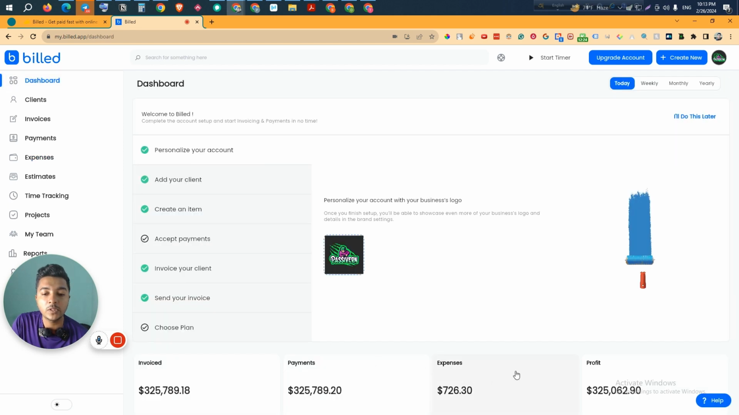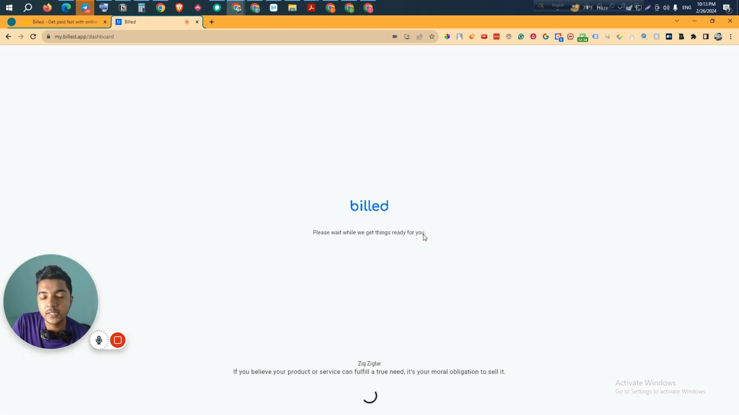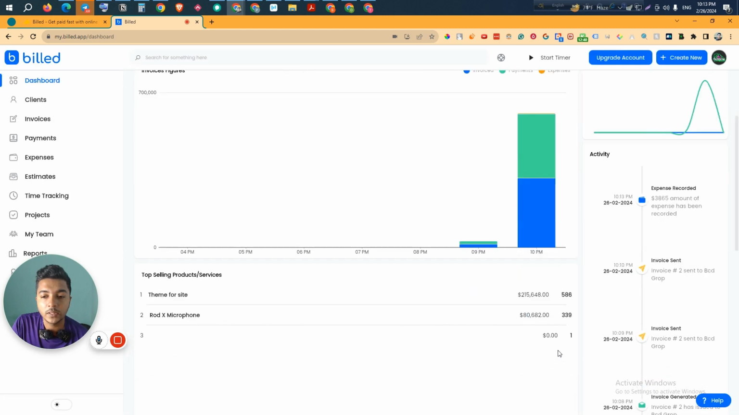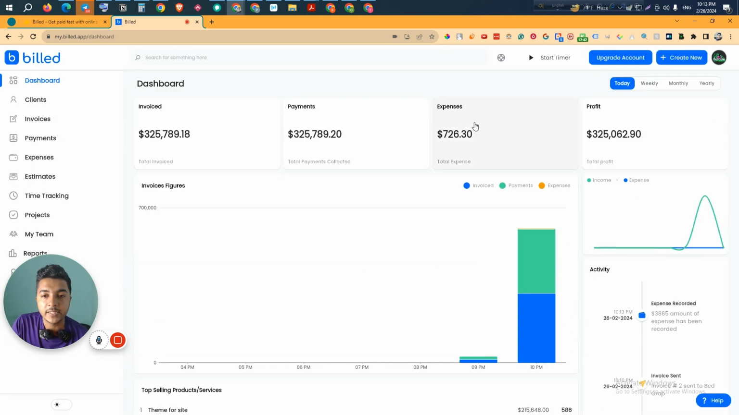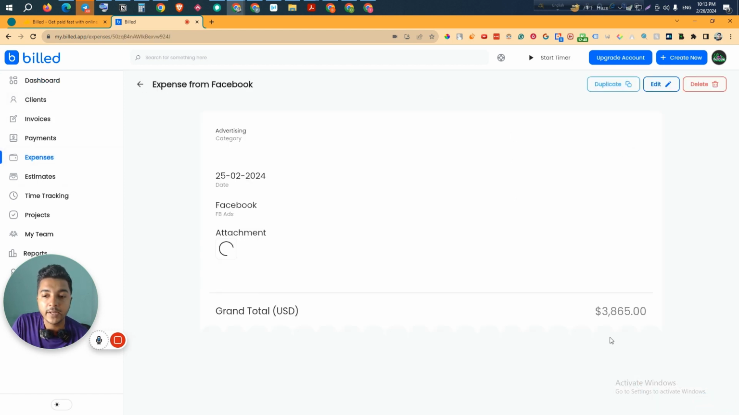Now if I go to the dashboard, see this expense will be shown. Why is it not showing yet? Okay, maybe I haven't set it up as billable, that's why it's not reflecting here. Let me show you here. Yes, expense is 726, but if I go to this expense section, and from here if I make it billable,